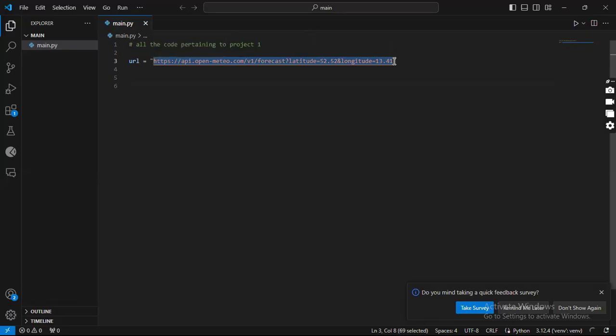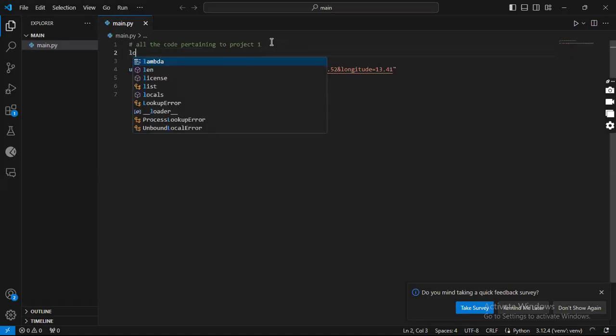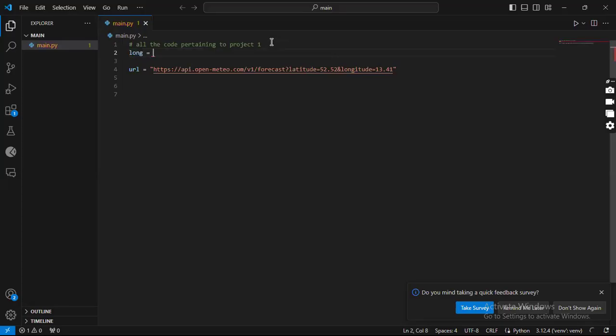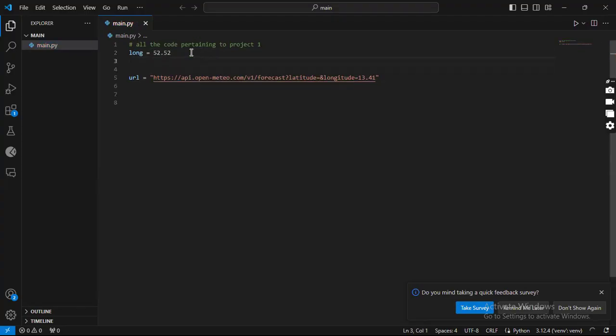So this is a string. Now, assuming I want to pass a variable into this string, I can do what is called string formatting, where I pass external values into our strings like this and make those values dynamic. Let's assume that the value of longitude was supposed to come from the user. We know how to pass in an input field now, right? In this case, I'll just give it a specific value, but if you want to make yours dynamic, you can use the input function there. And the latitude here, I'll make it to be